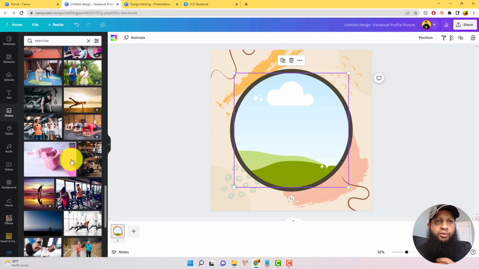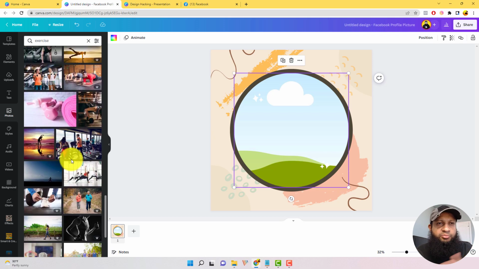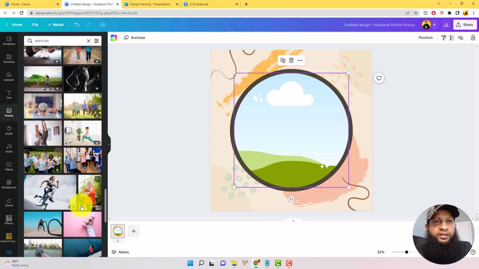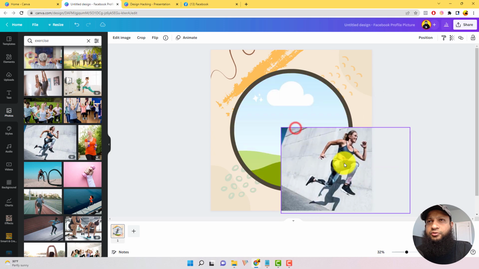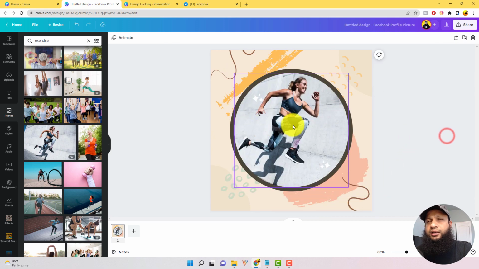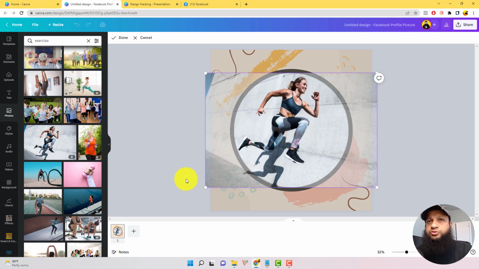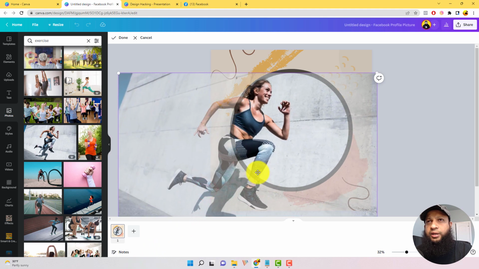I want something bright, something playful, something with a very clear picture. But let's see if we can. Maybe we can use her, right? So you have to kind of give it a try. We can keep it like this, but if I were to use this one, I would probably make it bigger,